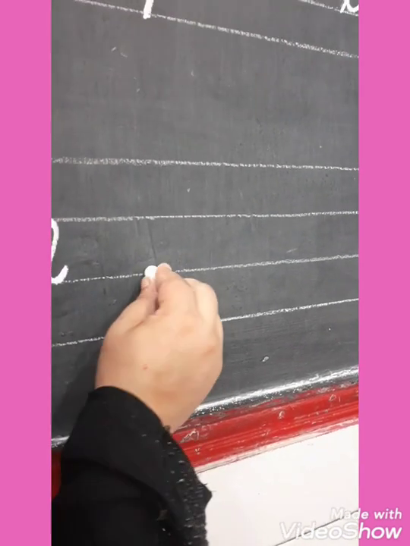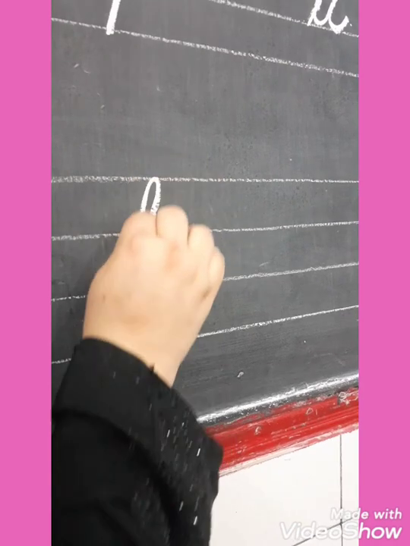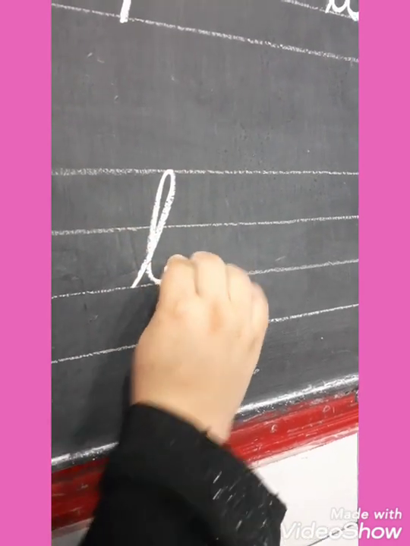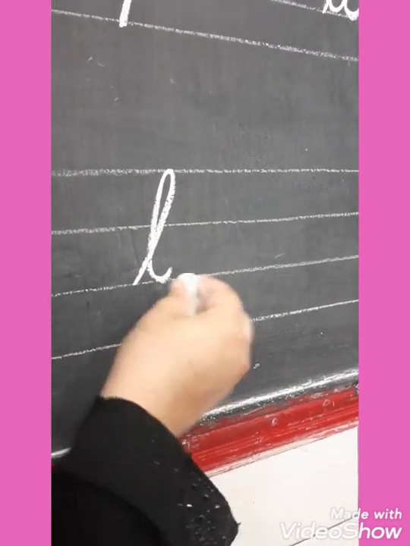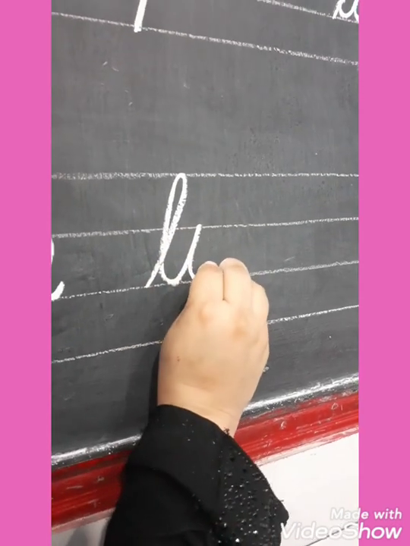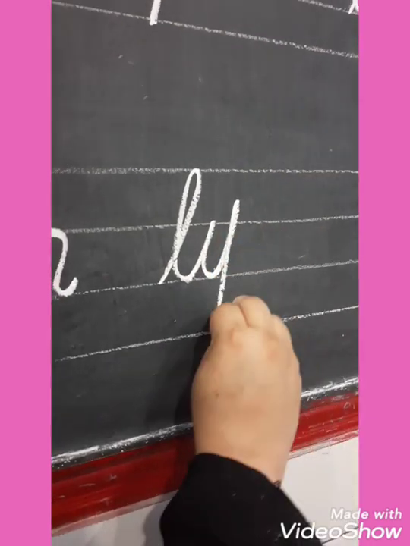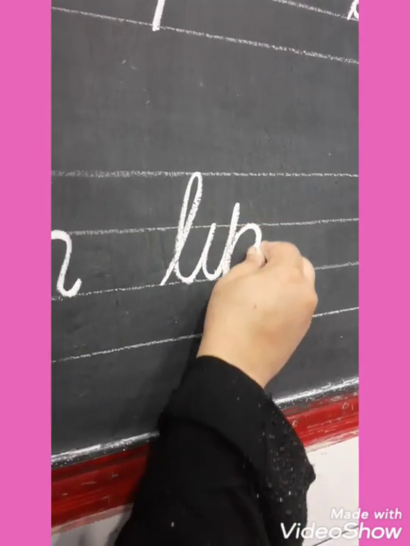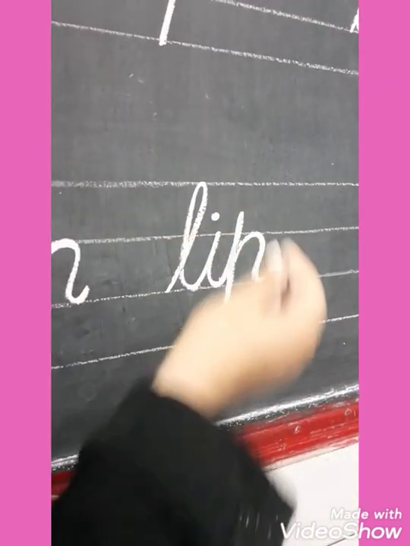Your next sound is ip. Ip sounds ip. And your word is lip. Your first beginning sound is L. L sounds L. So it's time to write L. अच्छा जी. From here you have to join ip sound with that. आपने इसकी टेल को ऊपर लेके जाना है. Make your I, E. इसकी टेल को we have to take it up and write down your P. And then you have to put the dot.